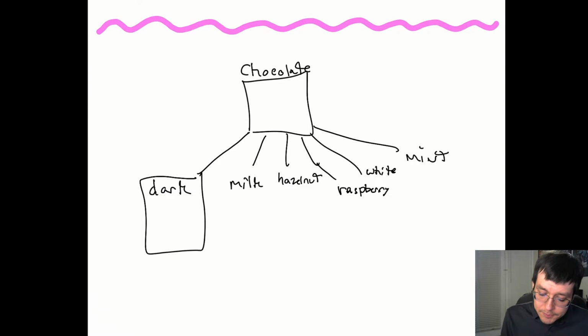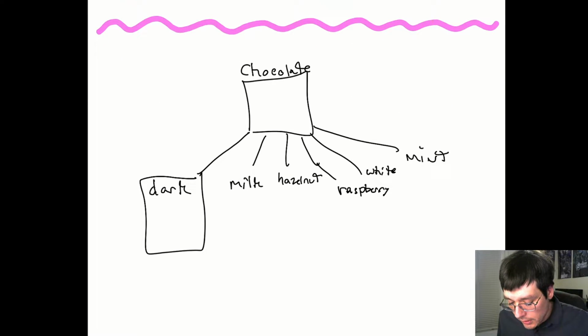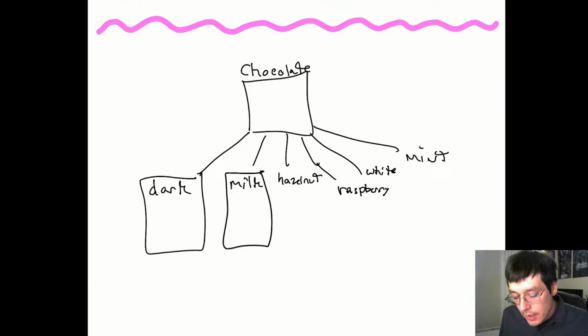So each of these classes of milk and hazelnut and dark, I try to keep it simple, so I just made them have a function there. It's a unique function for all of them. Like one of them is called feel bitter, I think, and all of them are listed on the PDF. For example, hazelnut has get allergy, milk has feel soft, and the function bodies are in the PDF, but all they have is just a print statement, essentially, a cout.